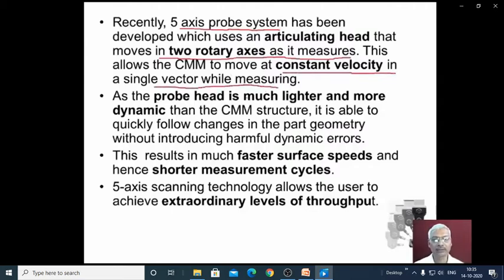As the probe head is much lighter and more dynamic when compared to the CMM structure, it is possible to quickly follow changes in the part geometry without introducing harmful dynamic errors. This results in much faster surface speeds and hence shorter measurement cycles. 5-axis scanning technology allows the user to achieve extraordinary levels of throughput.